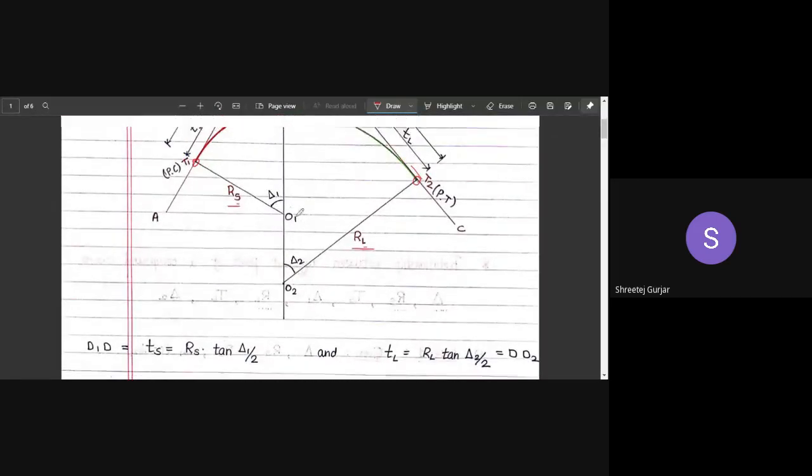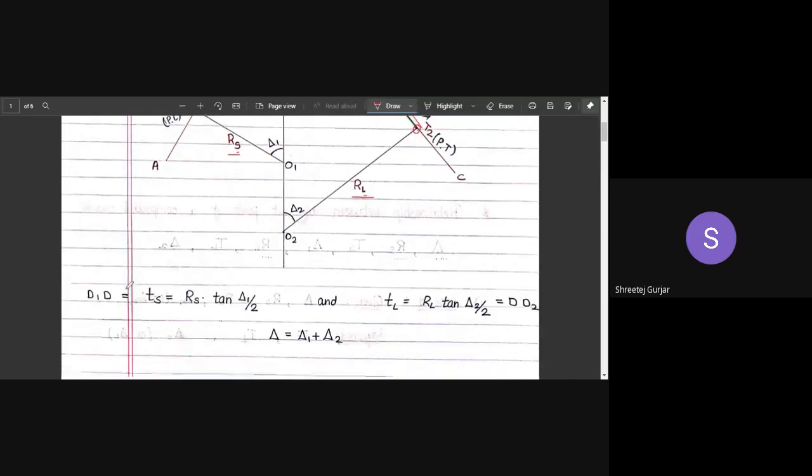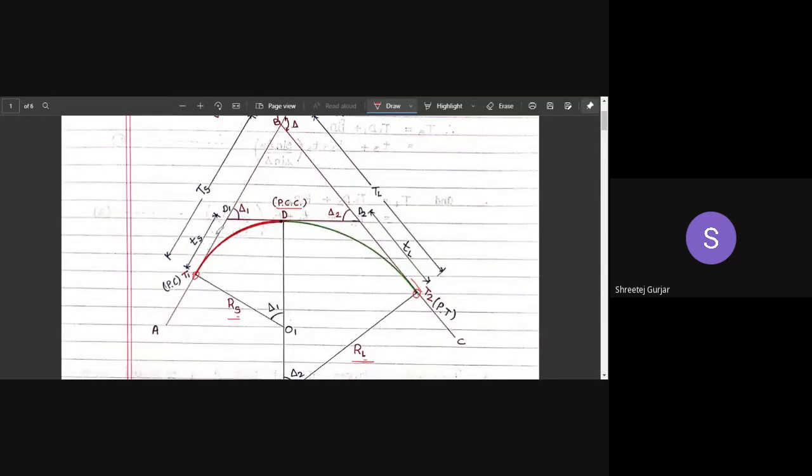So, coming to a few calculations. Coming to this shorter tangent length, TS. I have shown you TS is here. TS is the tangent length, and this is also a tangent to this particular curve. From this point, if you draw a tangent, I have shown this is your tangent D1, D. This is one tangent to the curve, and this is also a tangent to the curve.